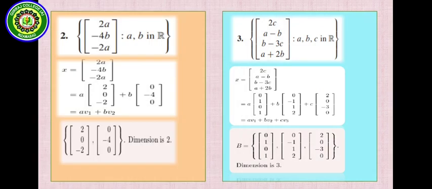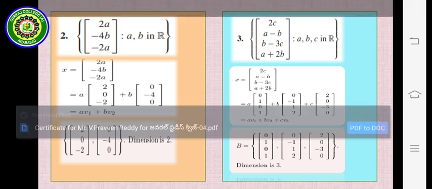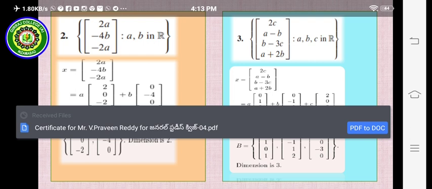Next problem. Here the given set is (2a, minus 4b, minus 2a). How many variables are given? a and b are two variables. Here we write a times its coefficients (2, 0, minus 2) plus b times its coefficients (0, minus 4, 0). So the vectors of the given set are linear combinations of two vectors v1 and v2. These two vectors are different vectors, and there is no scalar multiple of one in the other. So we say that these two vectors form